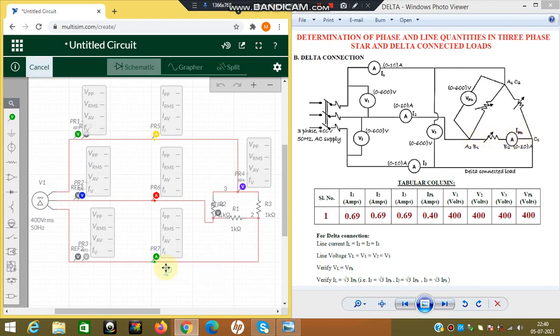So let me take this copy. Either you can place it here, this side, or this side, it is same. So let me place it here. So all the meters have been placed, the circuit is ready to run the simulation.